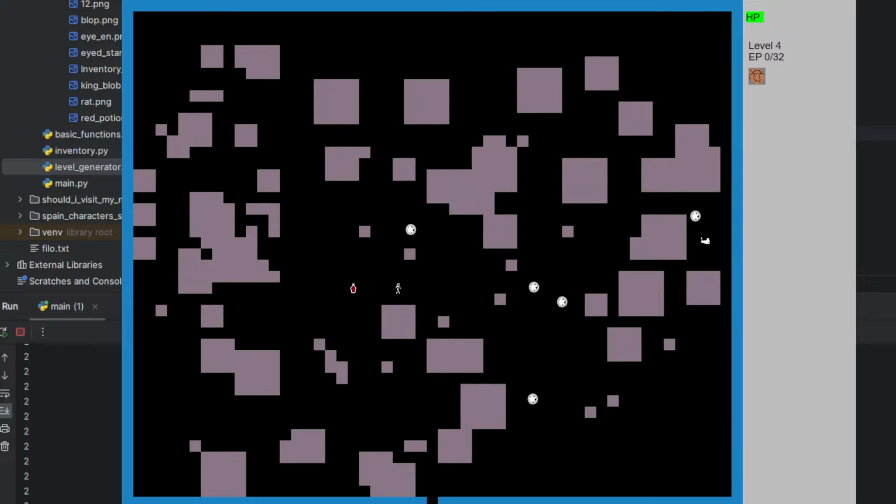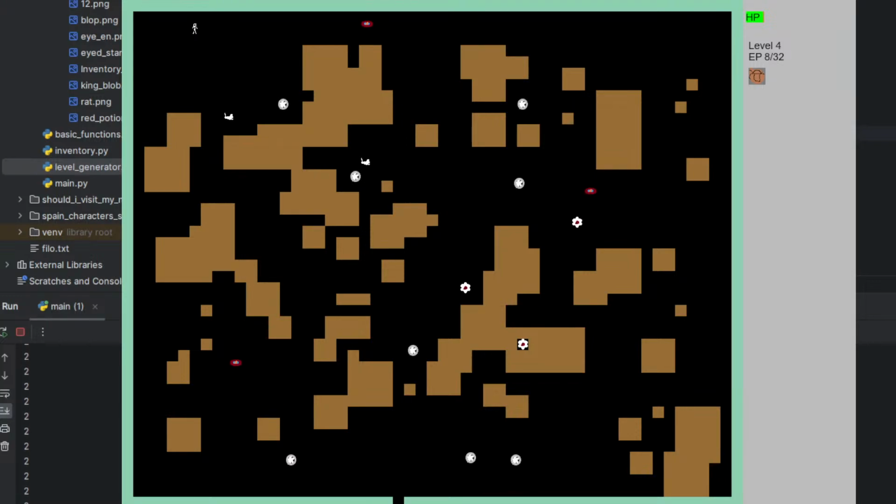Still wanna do new enemy types, like werblobs. Yeah, these ones are cool. I like these red ones, these red discs. We're pretty fast.